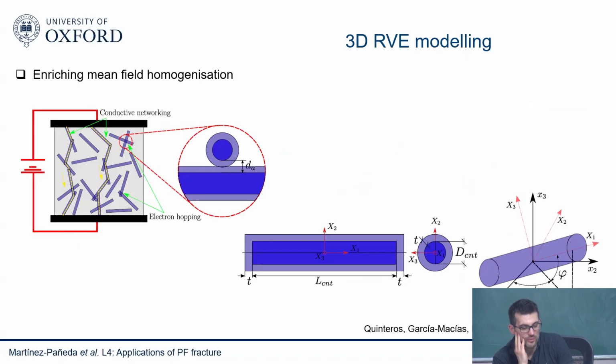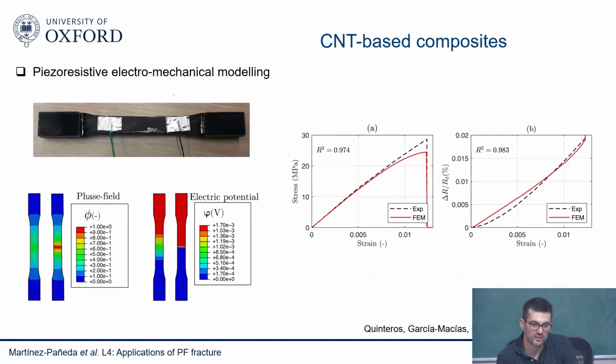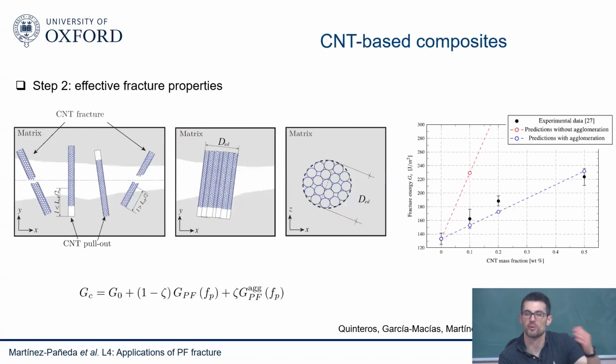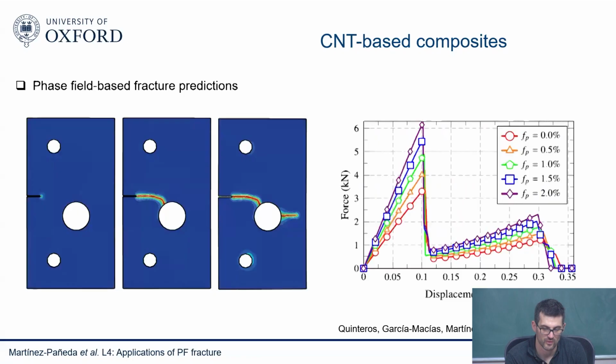the carbon nanotubes. So here what we did is a two-step process where first we do some mean field homogenization, and then based on the carbon nanotube dimensions, so the aspect ratio and their orientation and their volume fraction, we determine what are the elastic properties and the fracture properties. So it's a pre-processing step. Then with this homogenized model in the continuum, we run our finite elements with the phase field fracture and with